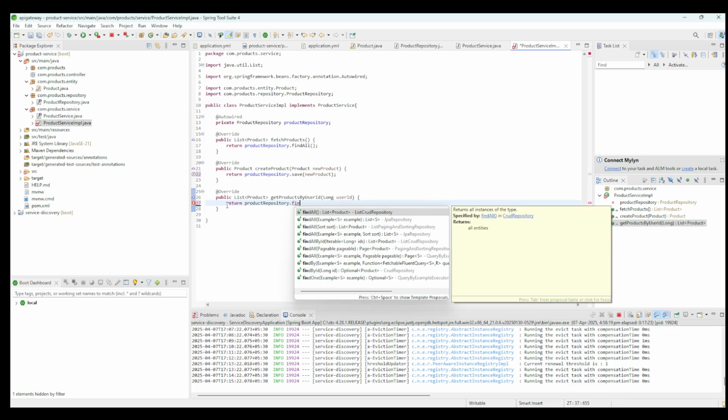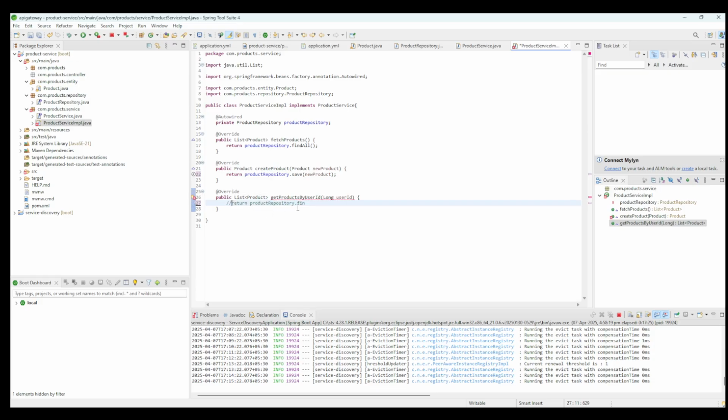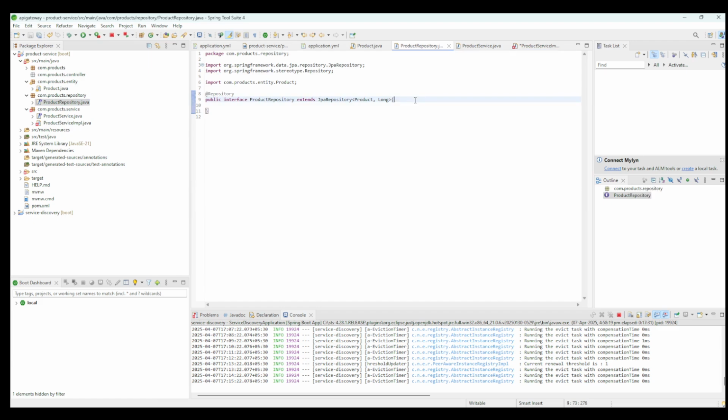Now for this, we are going to pass the user ID, so we need to define one method inside the product repository so that it will return the list of products based on user ID. So we can use find